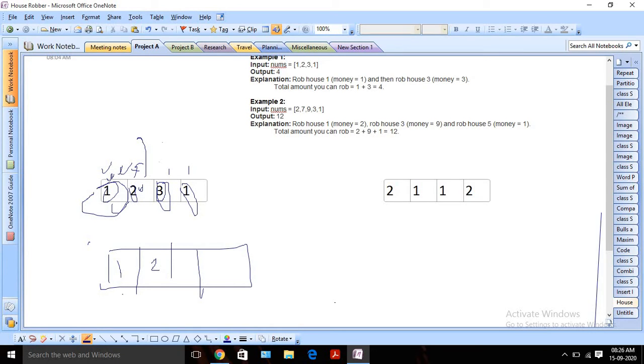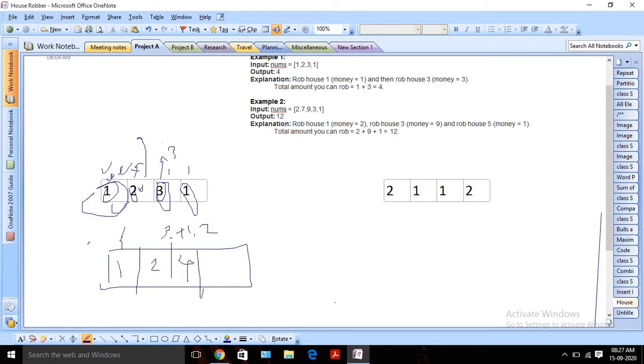Now we will move forward and find the value for the day where my value is 3. For 3, again I have two options. Whatever I earned on day 0, I can use that plus today's value, 3. So 1 plus 3 is 4. Or else I can skip, and then my total earning will be 2 only. So again I am going to take the max of 3 plus 1, and 2. In this case it will be 4.